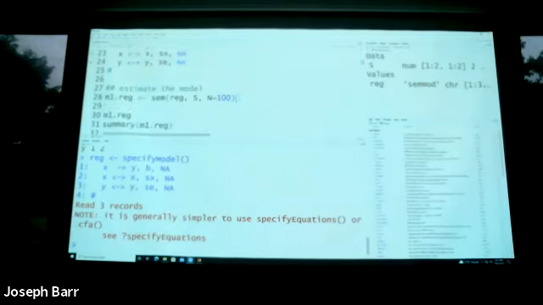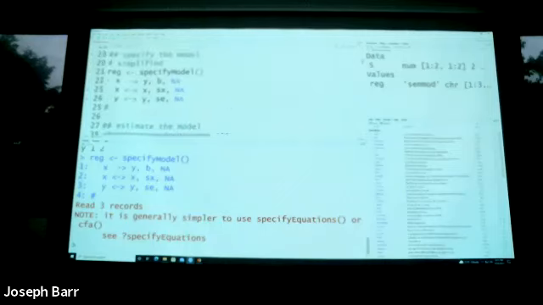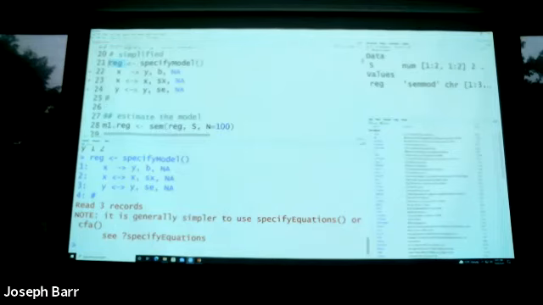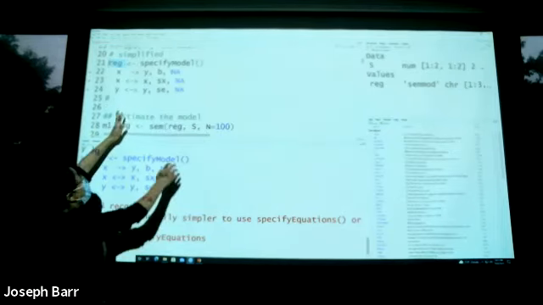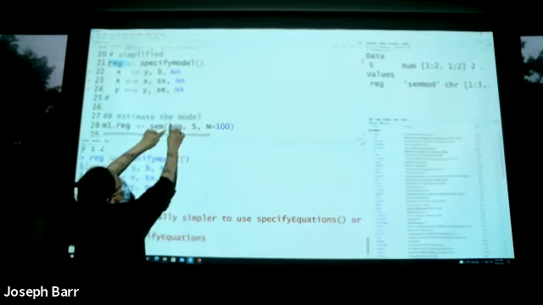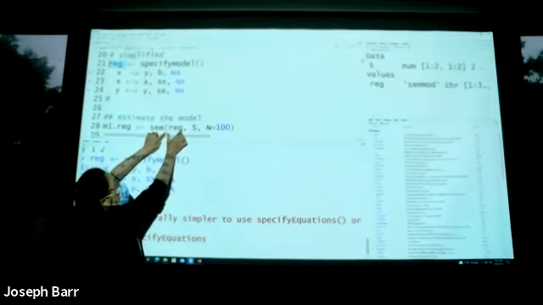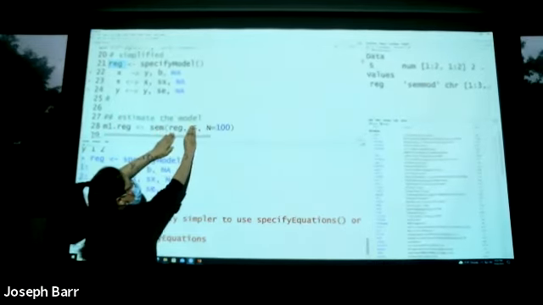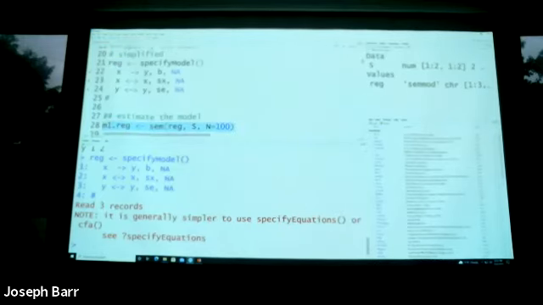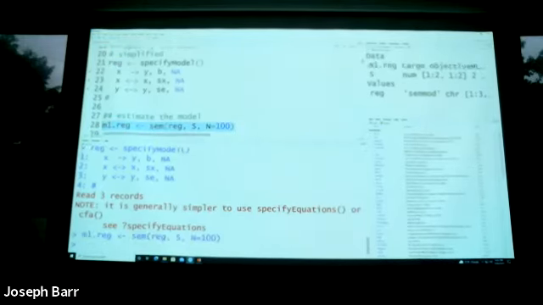SEM is a function, and we have 3 components. The first component is a model. The model is here. We call it a regression. This is the name of the model. The simple regression is called REG, and then the REG name should be input here. This is the model part, then the sample covariance matrix part, and the sample size here. Also S is specified in the previous step. So we highlight this part and try to run the model estimation.